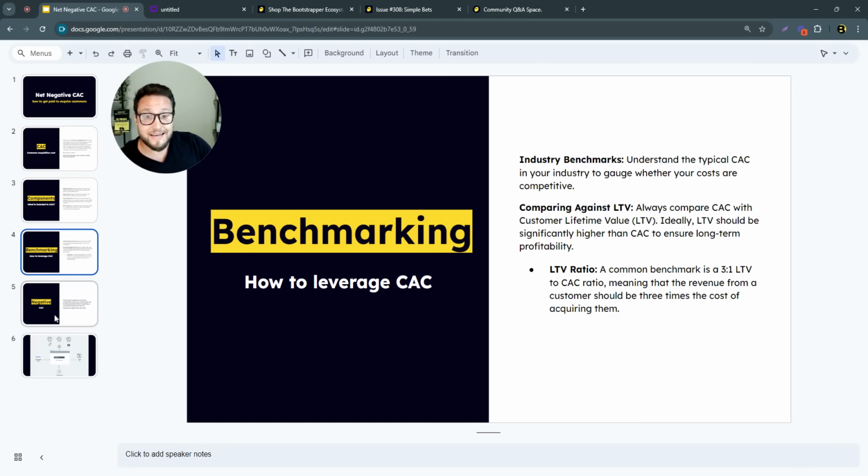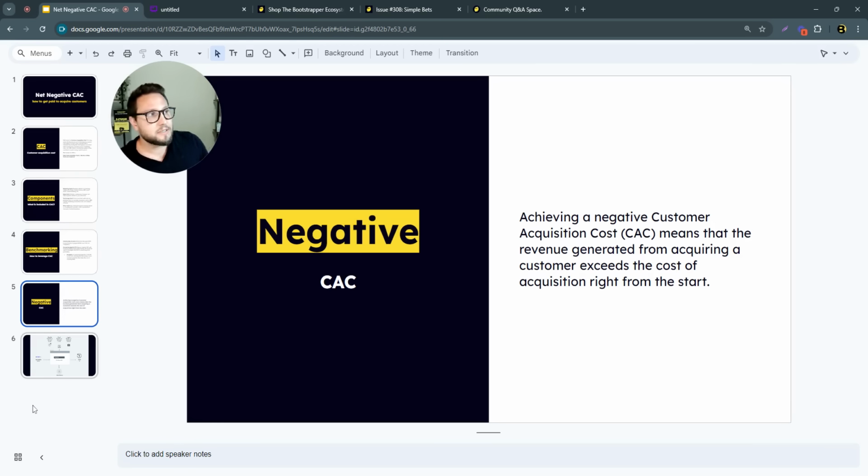In terms of net negative CAC, what do I mean there? Because to be honest, this is maybe a relatively new concept even, right? So for the longest period of time, traditional conventional knowledge is that it requires deploying capital, spending money, investing money to be able to acquire customers. But in the new age of doing business, you can actually get paid to acquire customers. And I'm going to show you in a second here a very simple version of a model